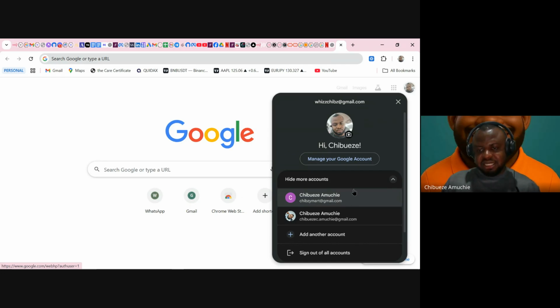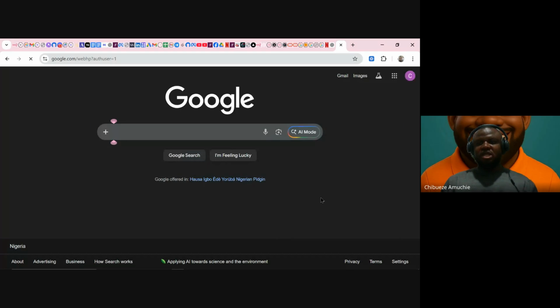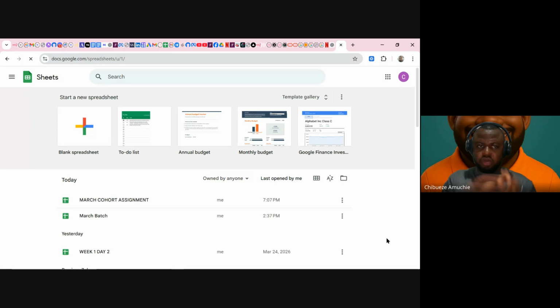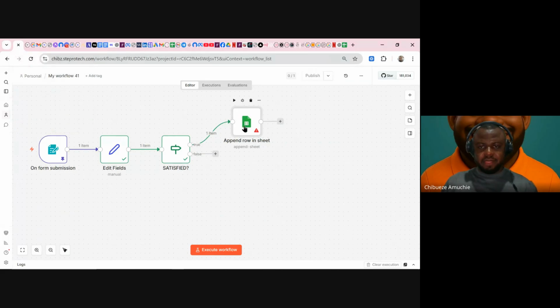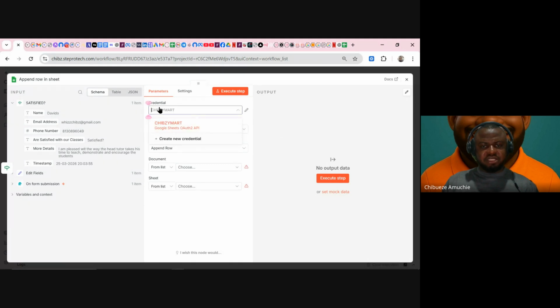Now, this is that Google account I linked in my N8N. I would select it. Now, look at it for context. This is N8N. If I open the N8N, you see the credentials. And that is why I also told you that you should name your credentials, right? Open now. Why are you delaying? You can see Chibzimat here. And if I go here